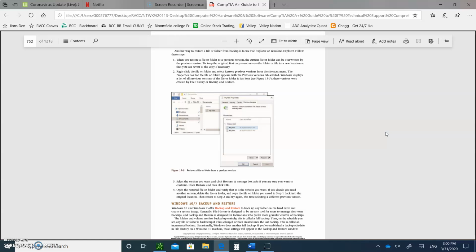Windows 7 backup and restore. So it backs up any folder on the hard drive and creates a system image. So that's probably the place to go to. This is the best utility you have within Windows, the